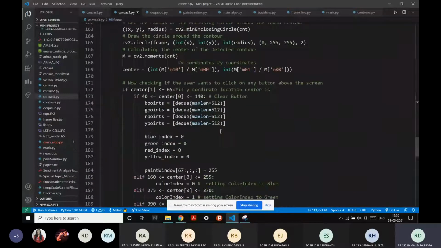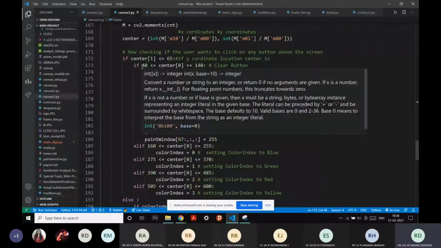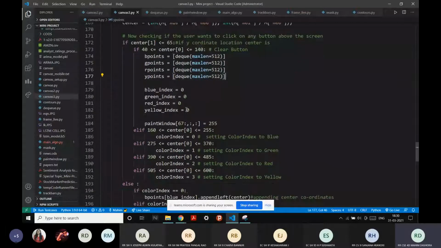So when it ranges from 1 to 65, we know for sure that we are going to click a button. If it ranges between 40 to 140, we are using the clear button. We are setting all our indexes to 0 and just creating blank deques. Or actually, we are setting the points deque variables to blank deques with pretty low length.